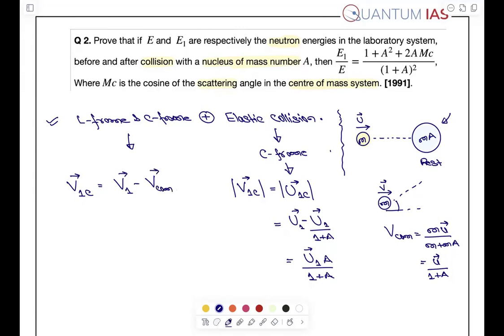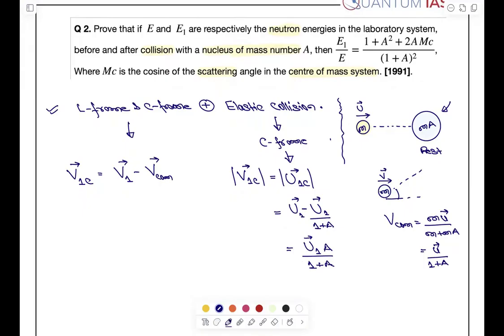This we know. Now we can simply make the diagram like this. Vector addition hai. It will be V center of mass. And if you add V1C, what you will get? You will get V1. It is coming from the vector diagram only. And this angle, if we are watching from the center of mass, let's call it theta dash, where theta dash is known as scattering angle